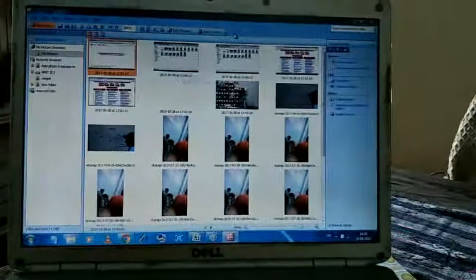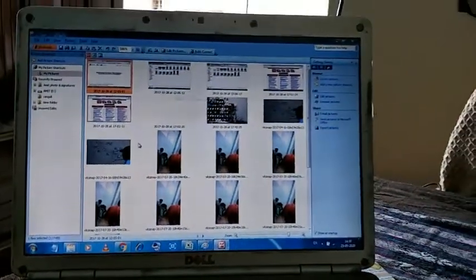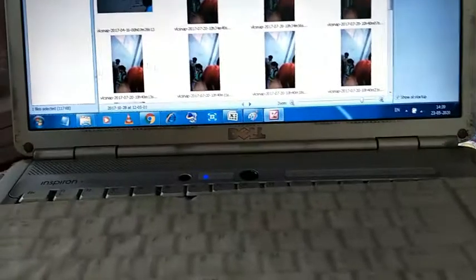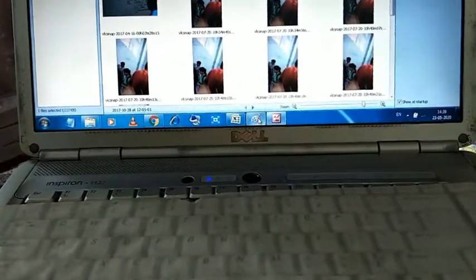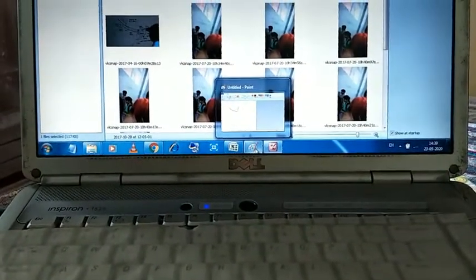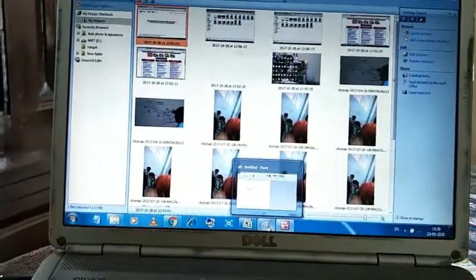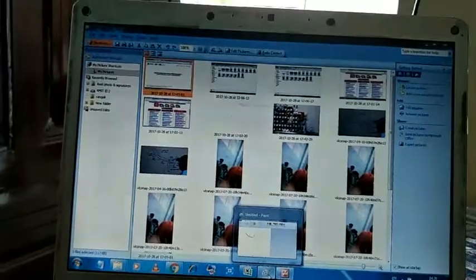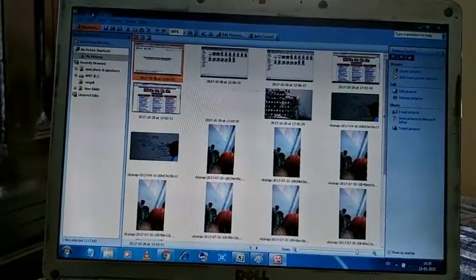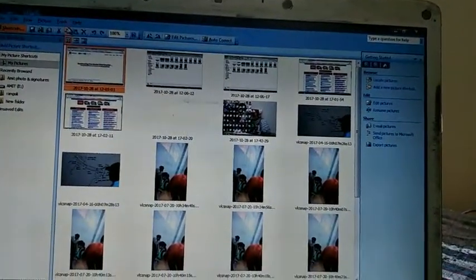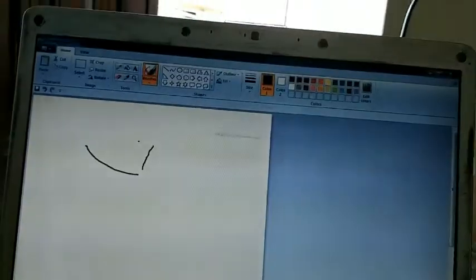Okay, now the next topic is how to switch between the windows. Now you can see here three windows are open, so with the help of the taskbar you can easily switch between the windows. If you click here on MS Paint, then MS Paint will open.